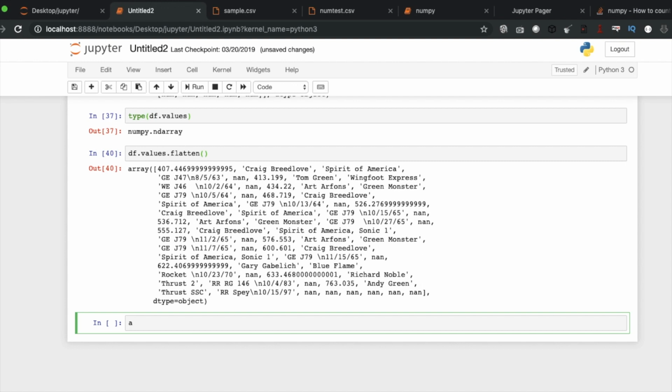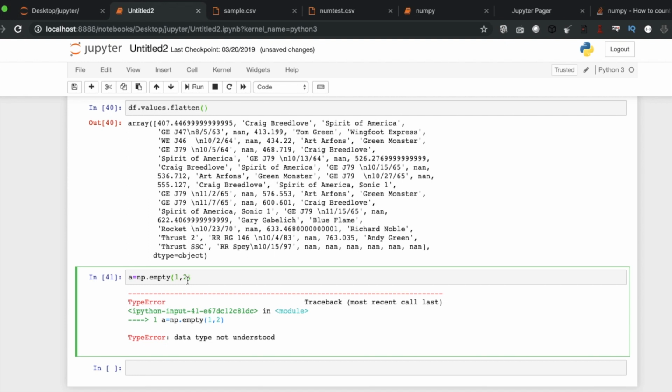Okay, so let's say I have np dot empty, with one row and two columns, and let's try with dtype equals integer.